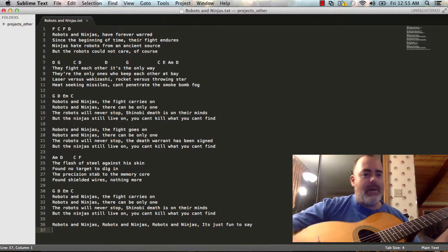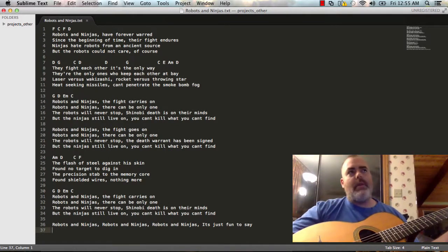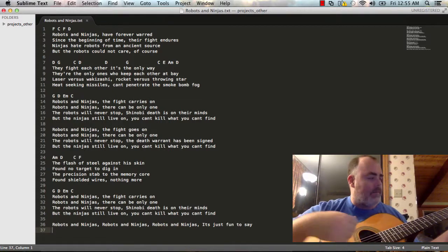Alright, that didn't flow well. I gotta put it someplace. Course. So what I'm doing is I'm just going through all the different chords that I know, some of them on this open fretboard,